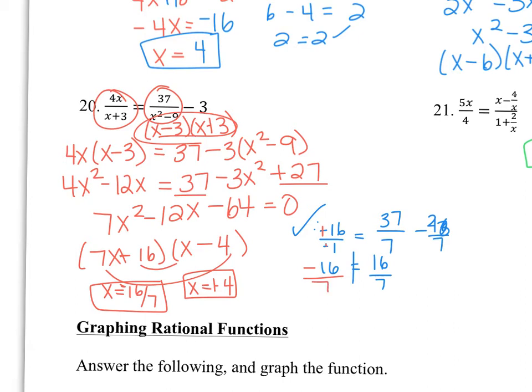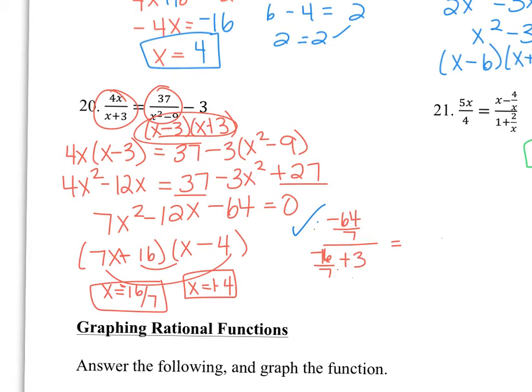And that's positive. So positive 16 over 7, which sure enough they match. So now I'm just going to erase this because I don't have enough space. I'm going to do negative 16 over 7. So now 4 times negative 16 over 7 is negative 64 over 7 over negative 16 over 7 plus 3